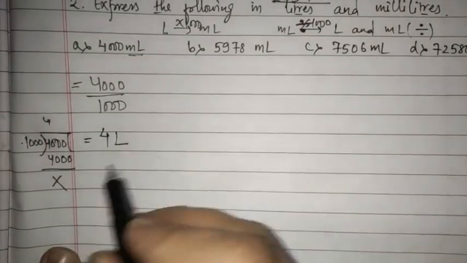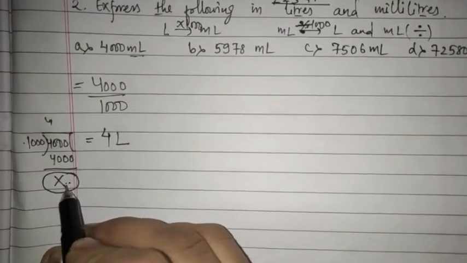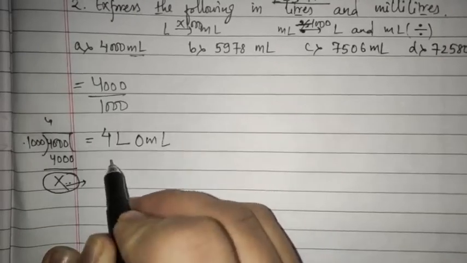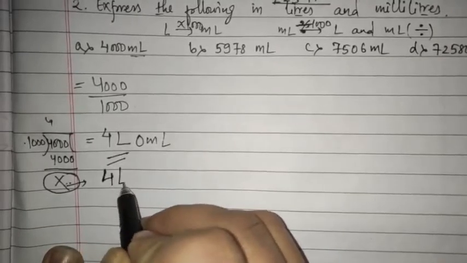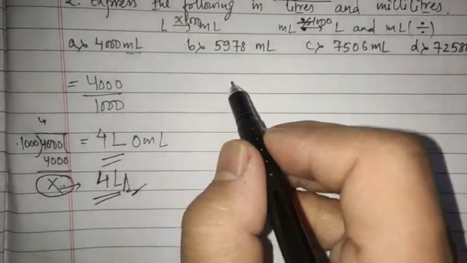Here there is no milliliter, as whatever will be the remainder, that will become your milliliter. But here there is 0 milliliter. So you may write 0 milliliter also, or just simply the answer is 4 liter. Understood? This is the way of doing. Next,